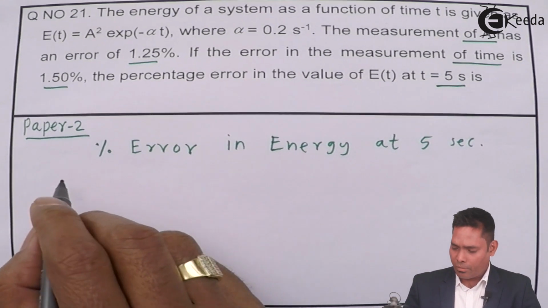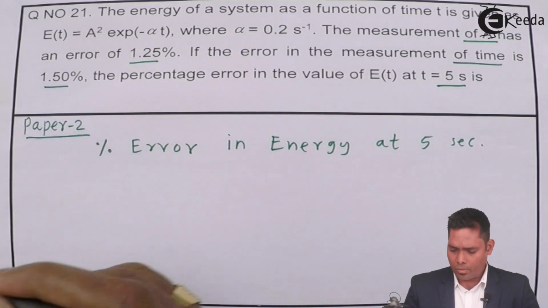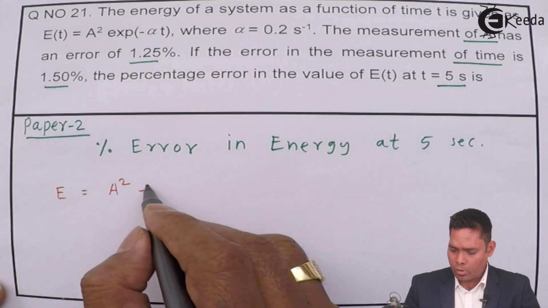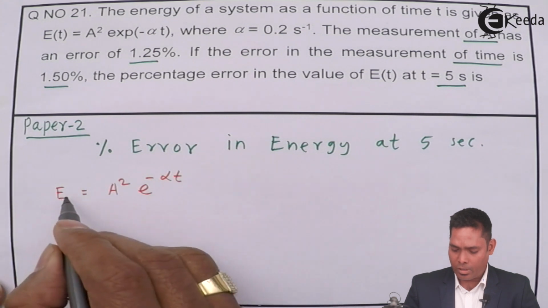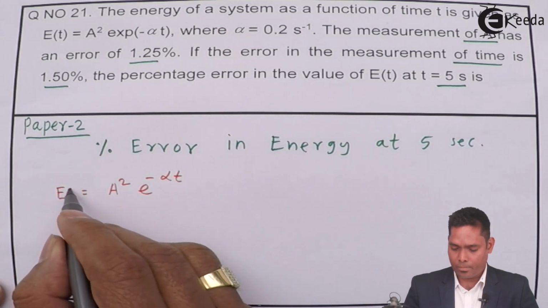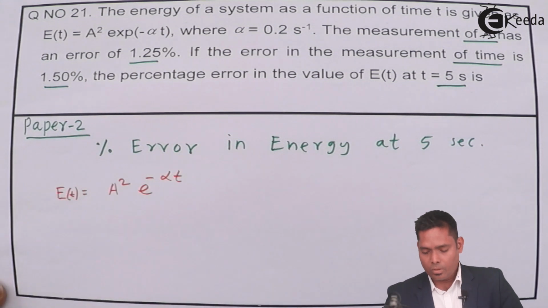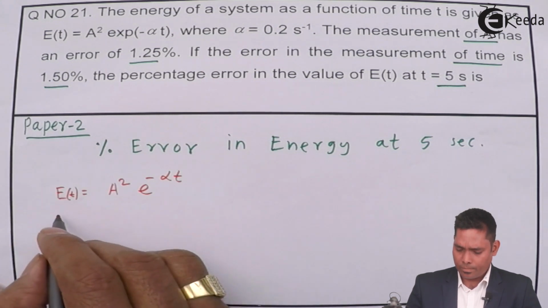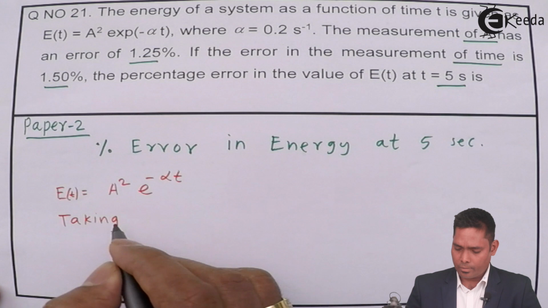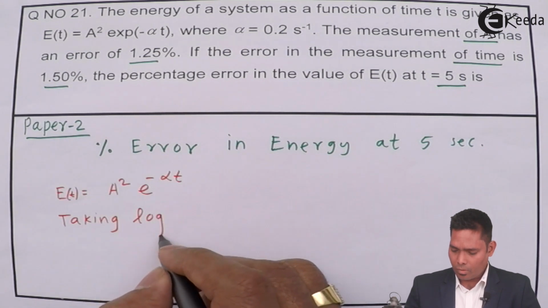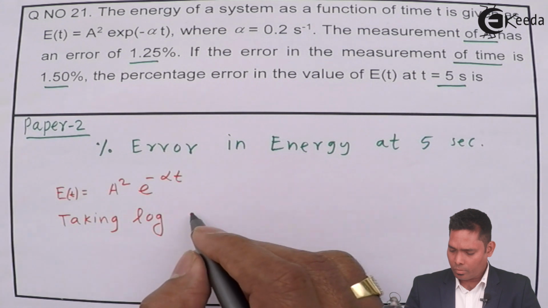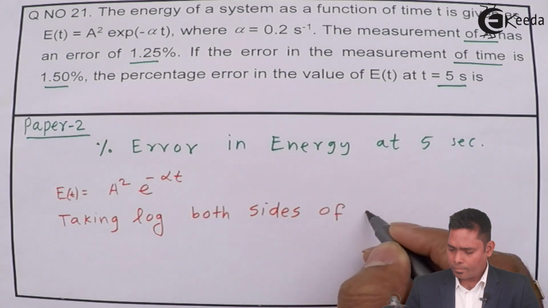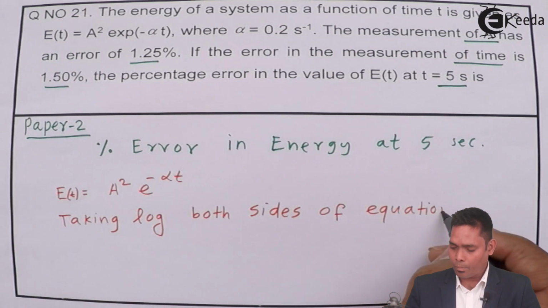Now the function which is given is E equals A squared e raised to the power minus alpha t. This is a function of time, E as a function of time. So first of all, take log on both sides of the equation. Taking log both sides of the equation, we have